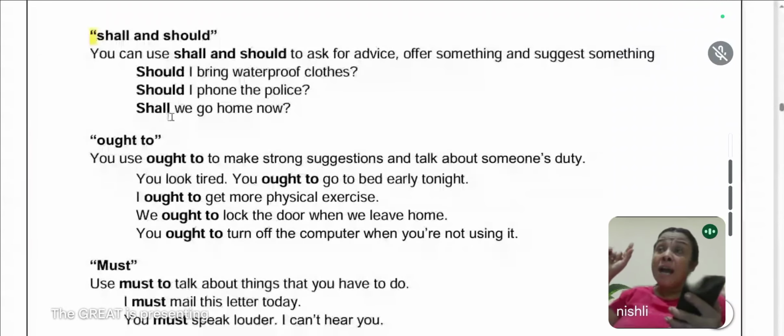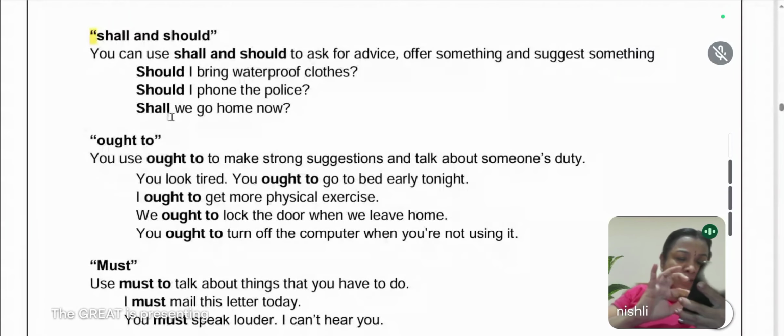When there's a higher possibility, you have to use the word may, and when there's a lesser possibility, you have to use the word might. So it might rain today means it may rain, it may not rain. So might means lesser possibility, may means higher possibility. Okay, so that is one thing. Next is,